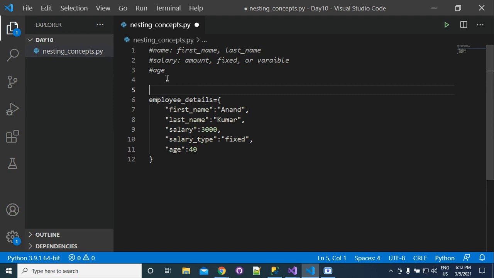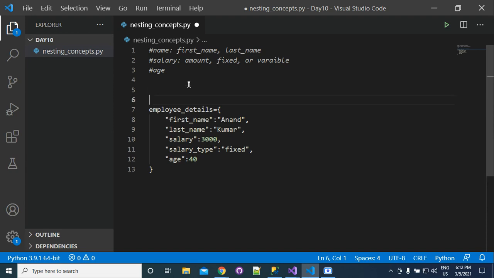But what is the problem here? The first problem is that this is not a really nice way of storing the data, because suppose in future we want to add a new field in the salary. Then what we need to do is, first we need to add that into the employee details.